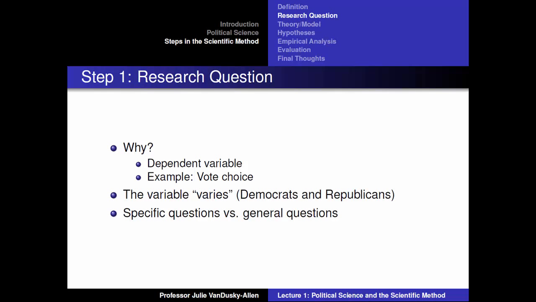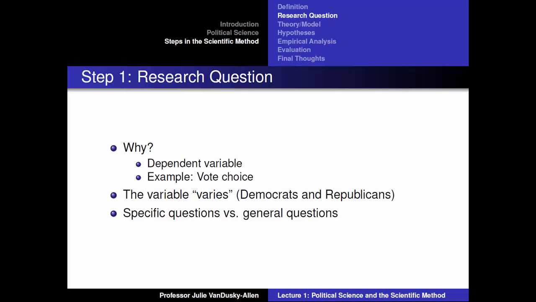Now we will talk about the steps of the scientific process. The scientific process starts out with a question. We want to know why we see variations in certain outcomes. These outcomes are called dependent variables. For example,